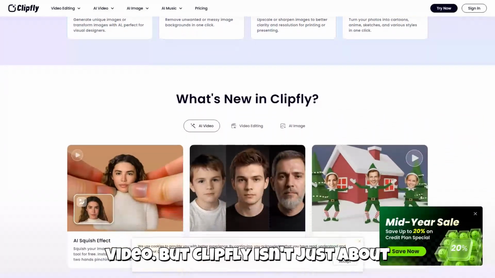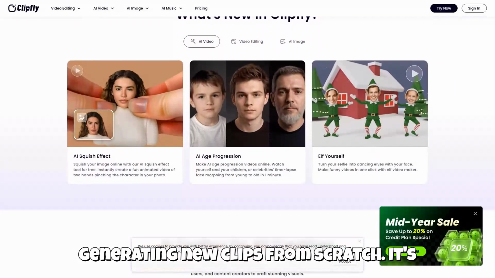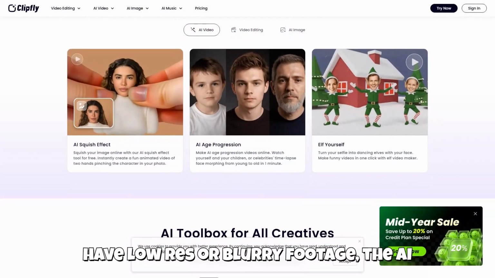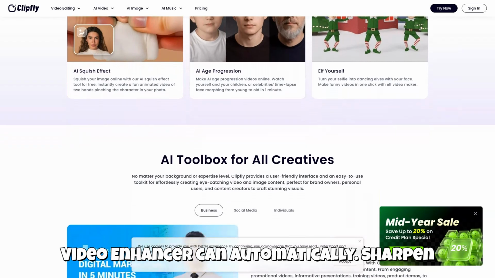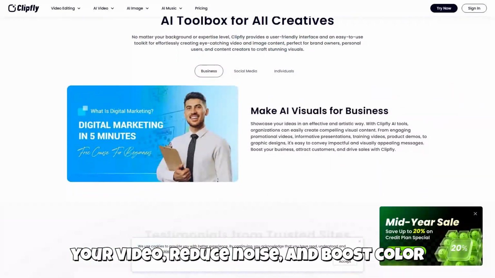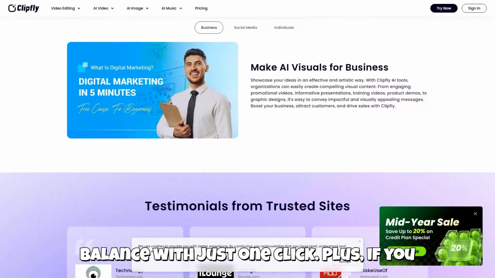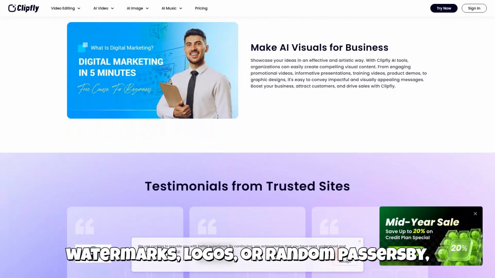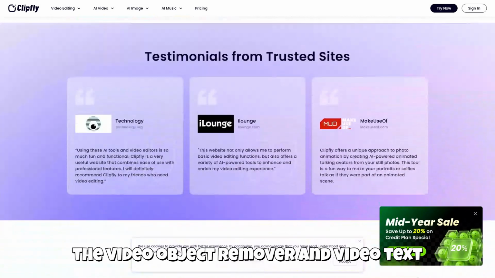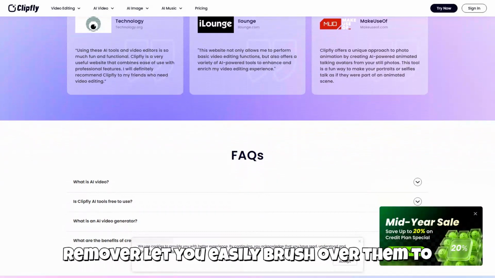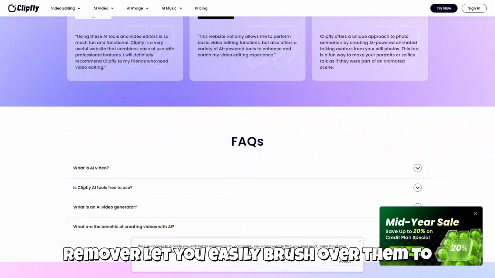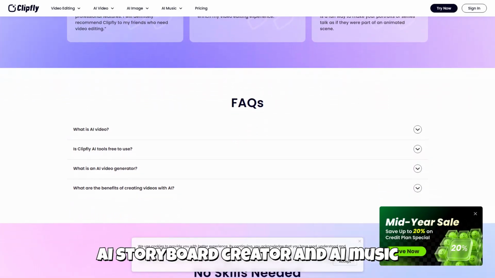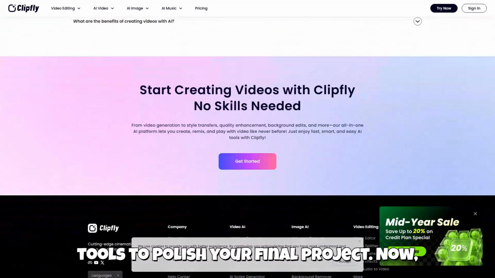But Clipfly isn't just about generating new clips from scratch, it's also a powerful editing toolkit. If you have low-res or blurry footage, the AI Video Enhancer can automatically sharpen your video, reduce noise, and boost color balance with just one click. Plus, if you have unwanted elements in your shot, like watermarks, logos, or random passers-by, the Video Object Remover and Video Text Remover let you easily brush over them to erase them instantly. It also includes an AI Storyboard Creator, an AI Music Generator, and standard video editing tools to polish your final